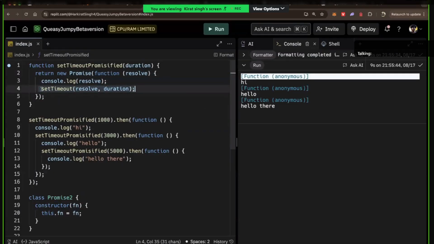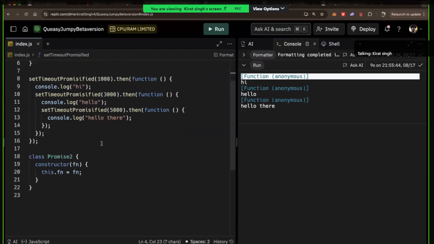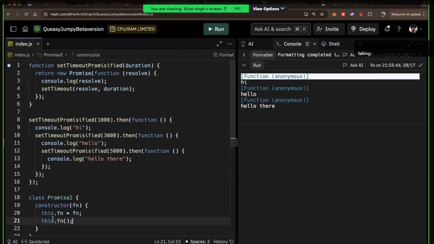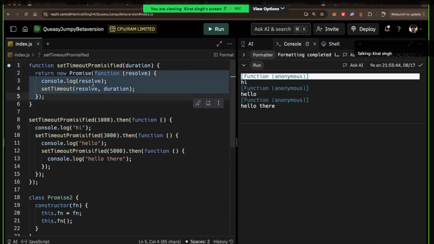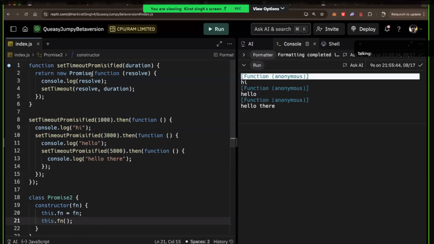This function gets called, setTimeout gets called, then you eventually resolve it. So what is the other thing I have to do? I have to call this function as well. That's all the constructor has to do. If you define a new promise, it will take this function as an input. It will call that function as well. This function gets called. Once this function gets called, this function,